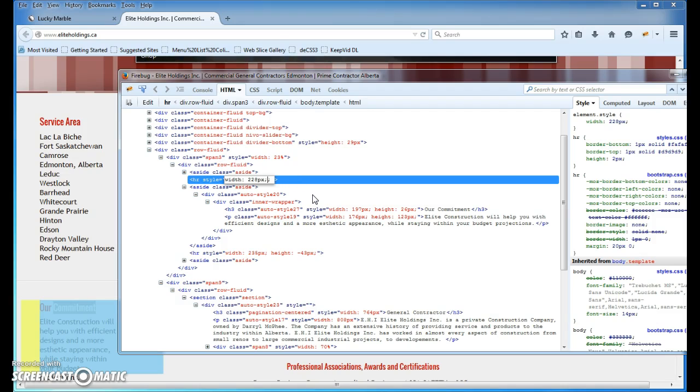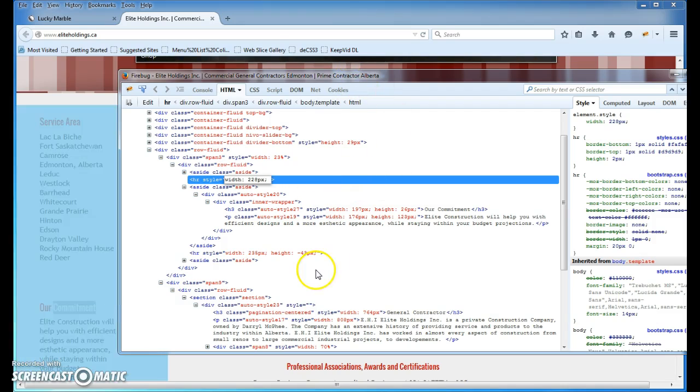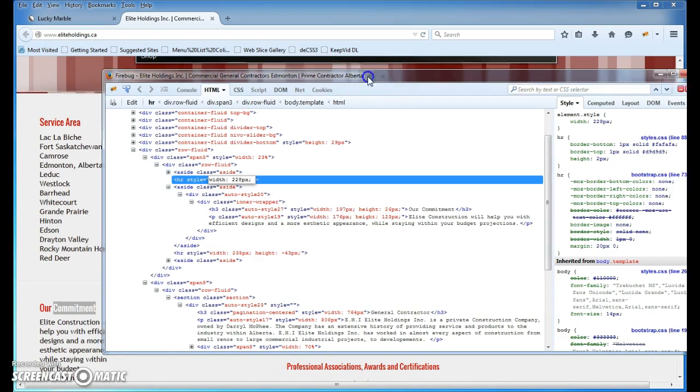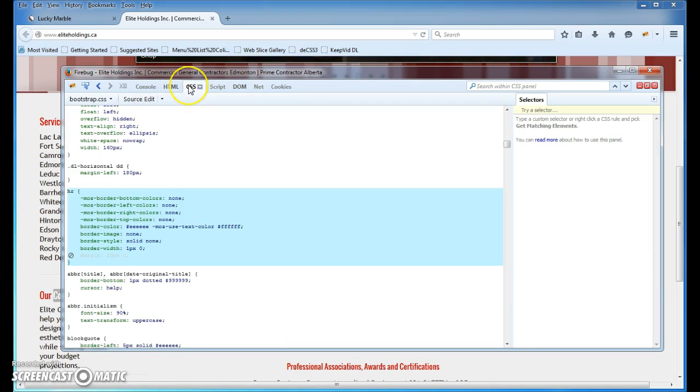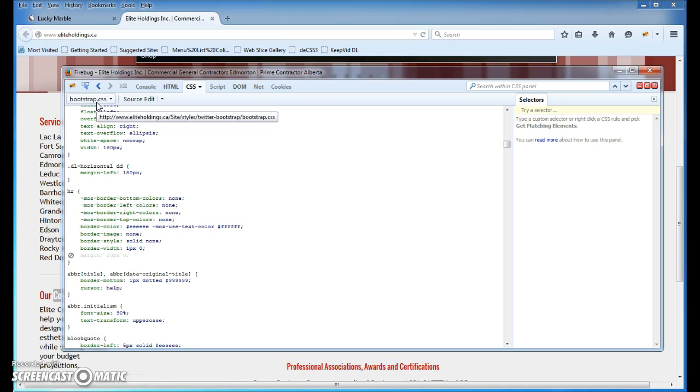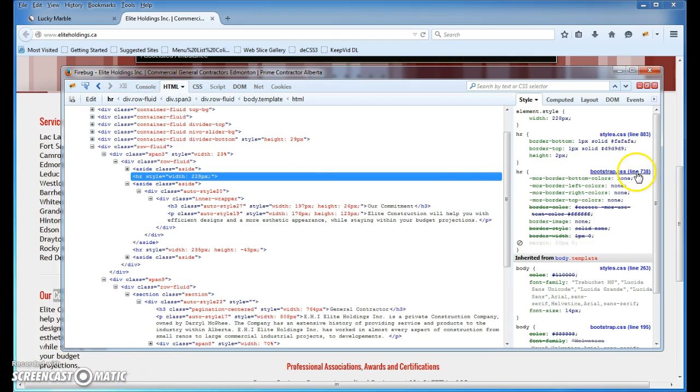As a matter of fact, let's just get rid of all that there, and then see what we can actually figure out. Width, margin top, there we go. If you go to the bootstrap, and that's located in the, we'll just hover over it here. If I can, oh, there we go. Hover over this. So your site styles Twitter Bootstrap folder, go to bootstrap.css and go down to line 738